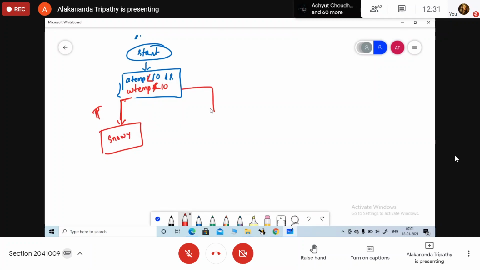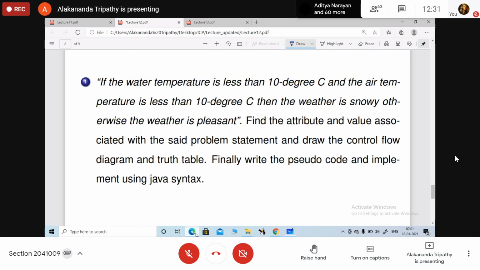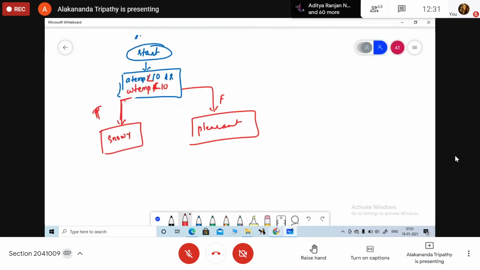Snowing. And if it is false, what we are going to print? Weather is pleasant. So okay, this is how we are going to do with the single attribute and multiple value. We are going to use the clause.